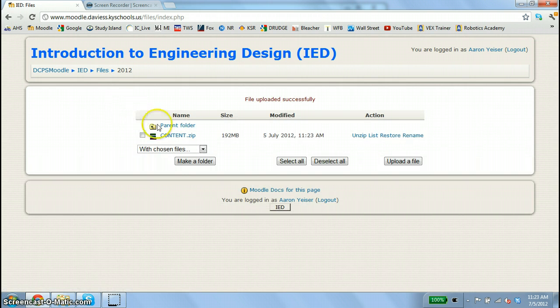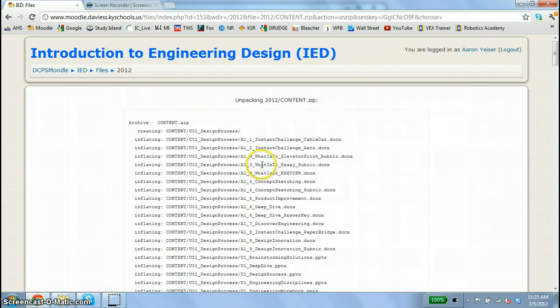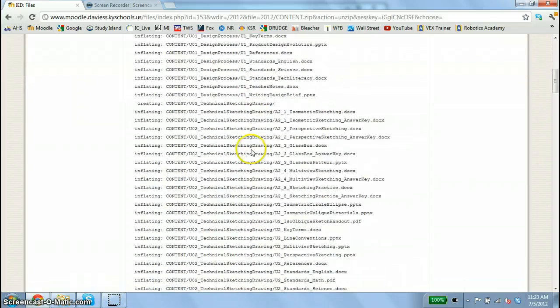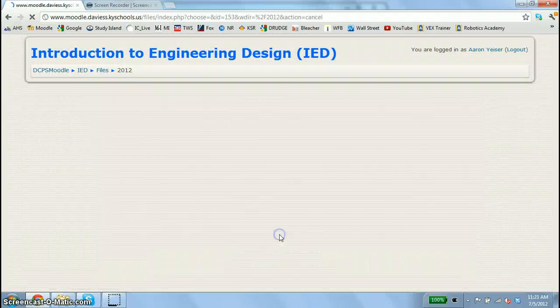So it processed, and now inside that parent folder of my new 2012 curriculum, I've got one file. And this is what you're used to seeing with importing files, but notice that now the action list on the right has unzipped because it recognizes that it is a zip file. When it unzips, it will pull up and verify, are you sure this is all the stuff you want to get rid of? And I know it's not organized well, but it sure is faster than doing this one by one. When I hit OK,